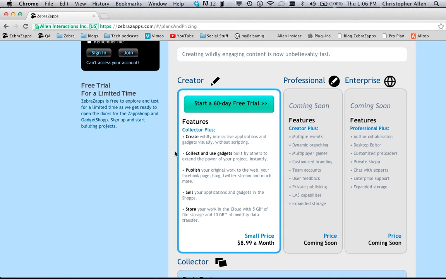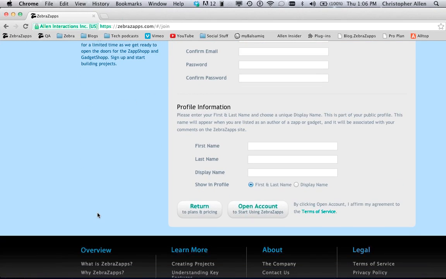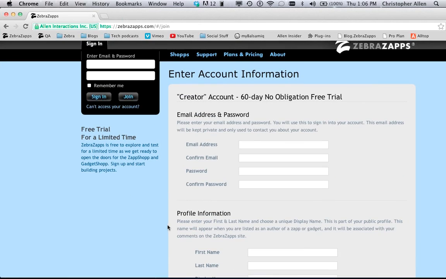If you haven't already created an account, this join button right here gets you to a page where you can start your own free trial of ZebraZapps. All we're asking for is an email address. You create your own password and a little bit of information about you. I believe you hit open account on the screen right after that, apply coupon and confirm,